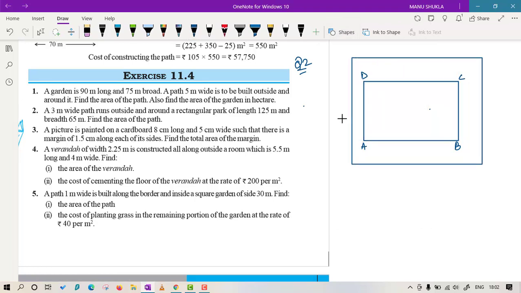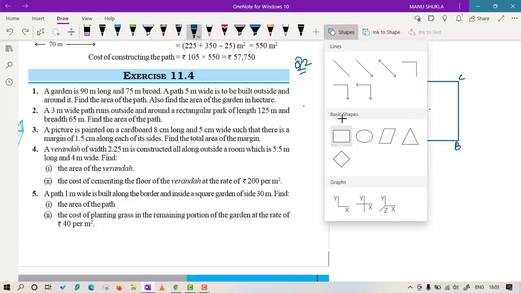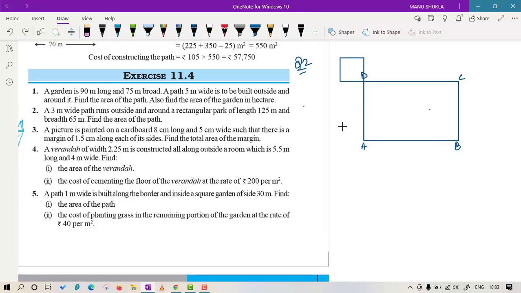Again I've made some mistake because it is not looking uniform, so you can understand this is a uniform path, okay? Or if you want, I will again make it correct. Okay, now I think it will work. Yes, now it is fine. Now it is looking uniform.